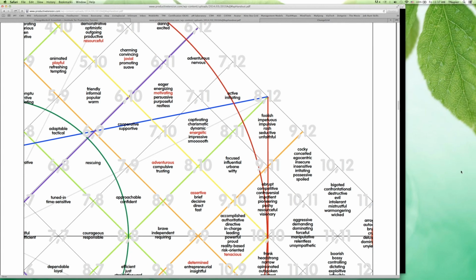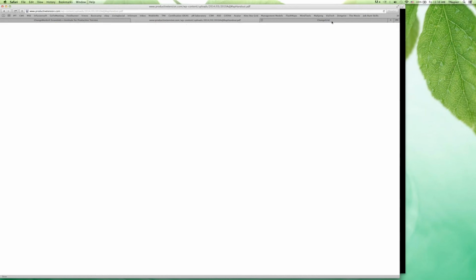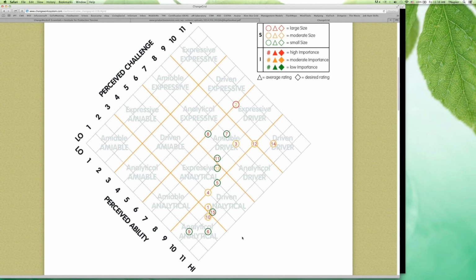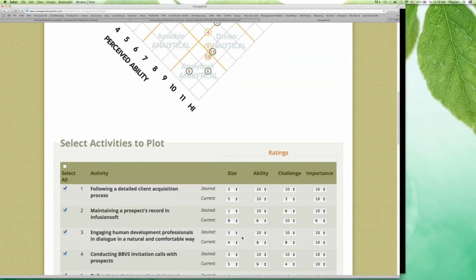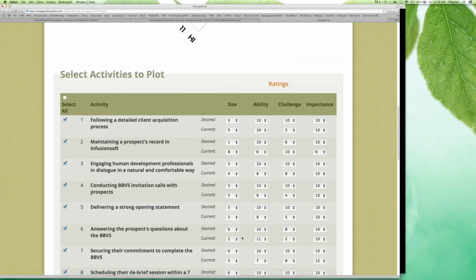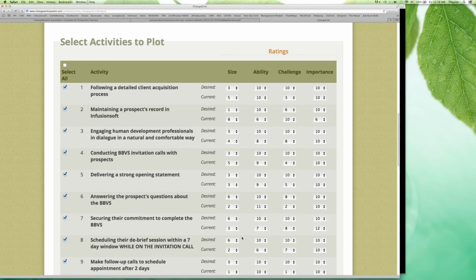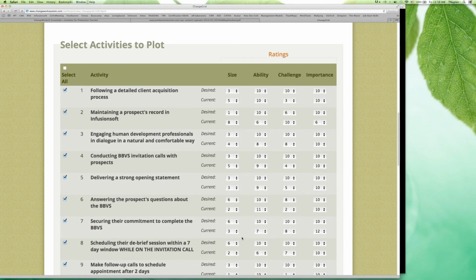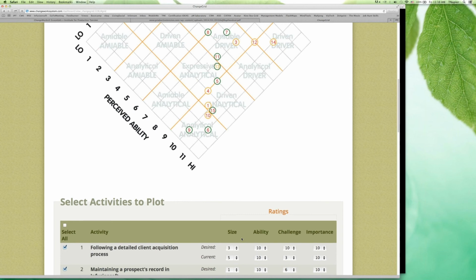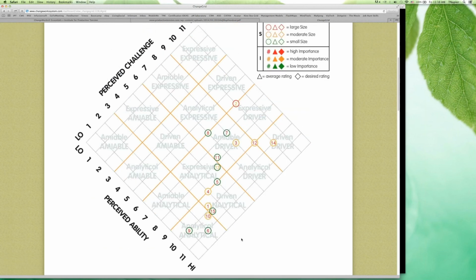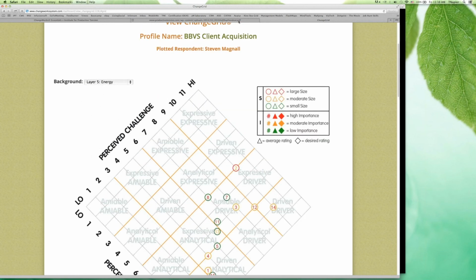Anyway, we want you guys to start playing with the adjective map, but we don't want you to feel overwhelmed by it. Let it be just a simple little tool that you're playing with. So look at a coordinate pair, for example. We'll do one more. He's way, way down in analytical about activities number 6 and 9: answering people's questions and making follow-up calls. So, answering the prospect's questions about the research project. That's activity number 6. Let's go to the adjective map and see what's happening there.